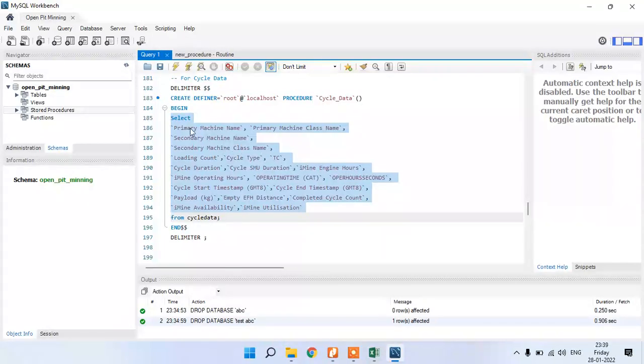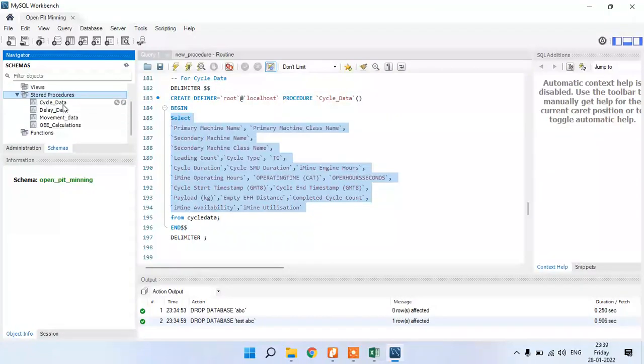In that store table, what type of store table? Cycle data store table. In the cycle data store table, I have considered the primary name, secondary name, whatever the cycle type, cycle duration, available time, time taken to complete, the machine hour, and the total count.